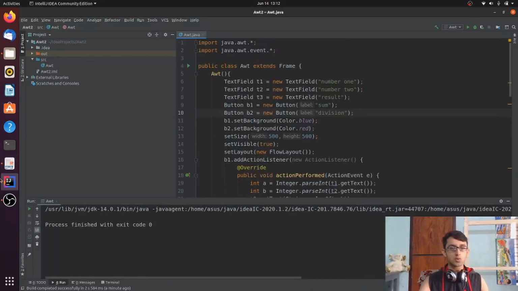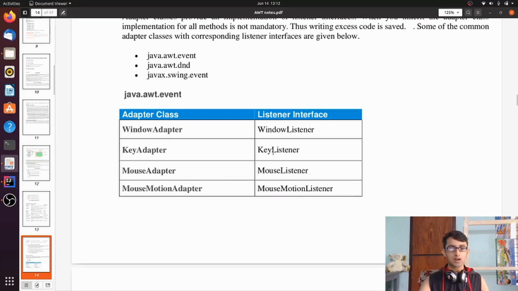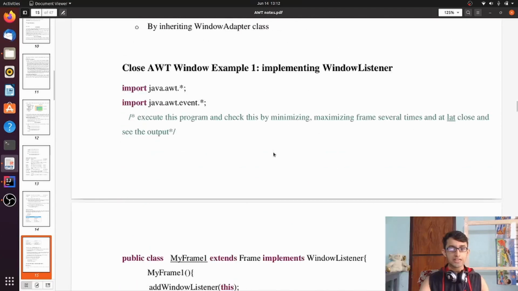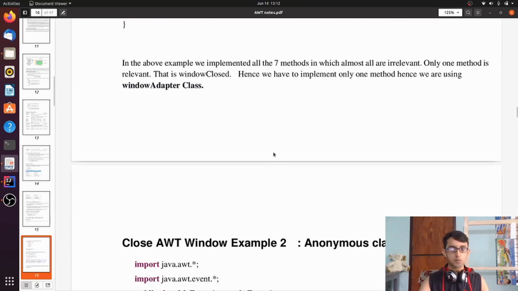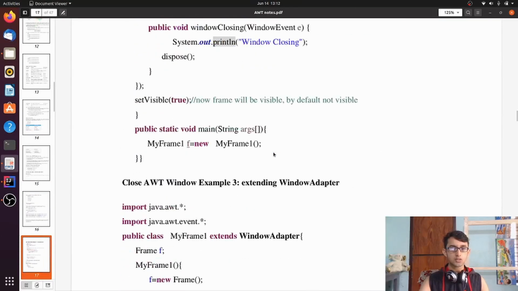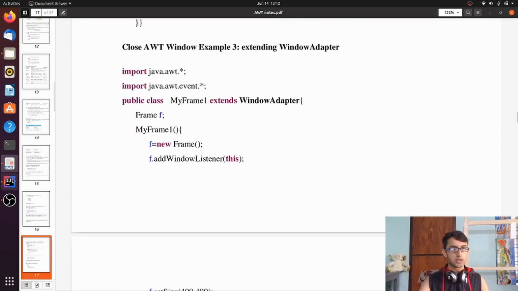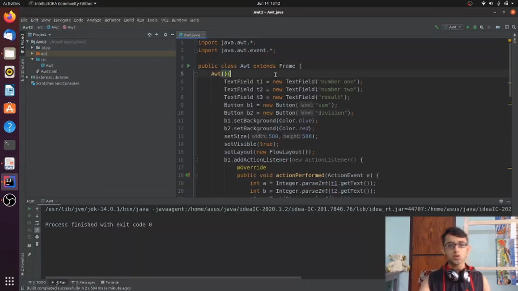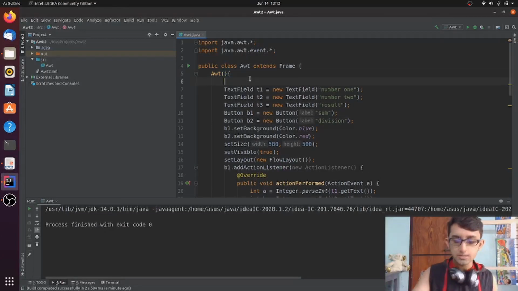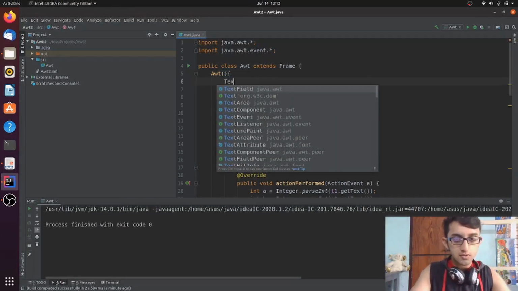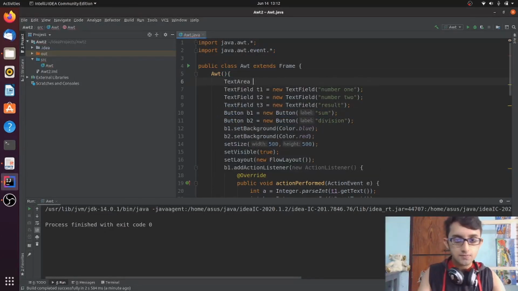Now we can look on to more components, which are label and checkbox, which would be some components which you will be dealing with. Also text area, we'll look on to every one of them one by one. Okay, let's add a text area to it now. Text area a1 equals,